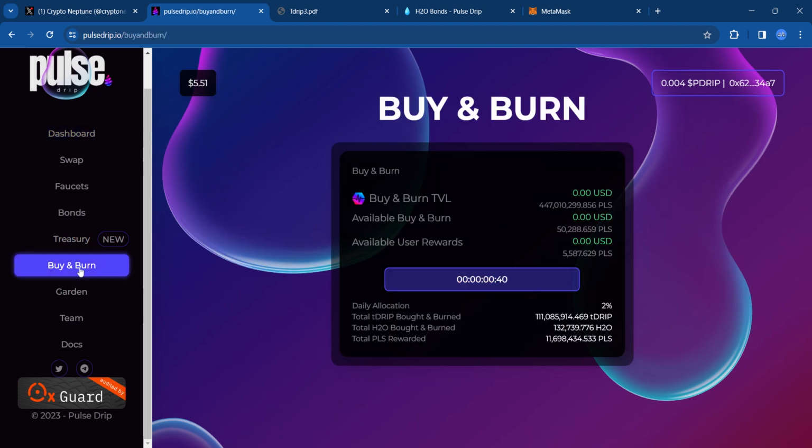Let's go back to the buy and burn. You want to have several passive income streams, right? Because if one passive income stream goes down the toilet, you have another one to back you up. So for me, yes, I definitely would like to see that PulseChain price go back up. We've seen a pullback on it. I would definitely like to see that go back up, but again, it depends on the community. It depends on the sentiment. It depends on